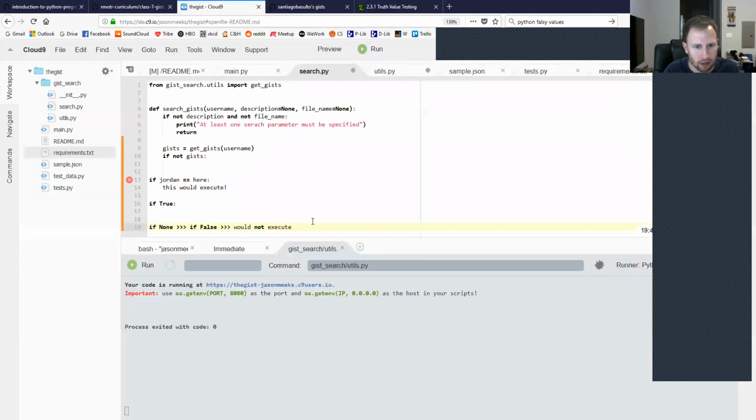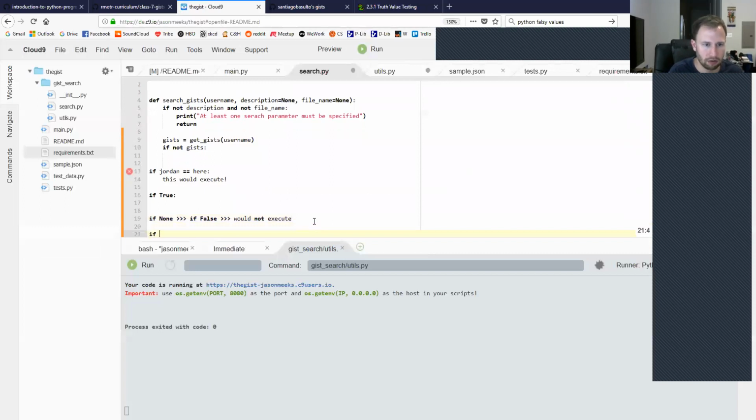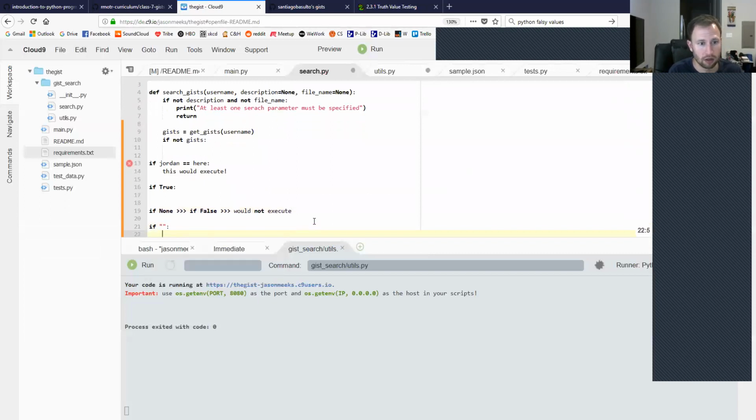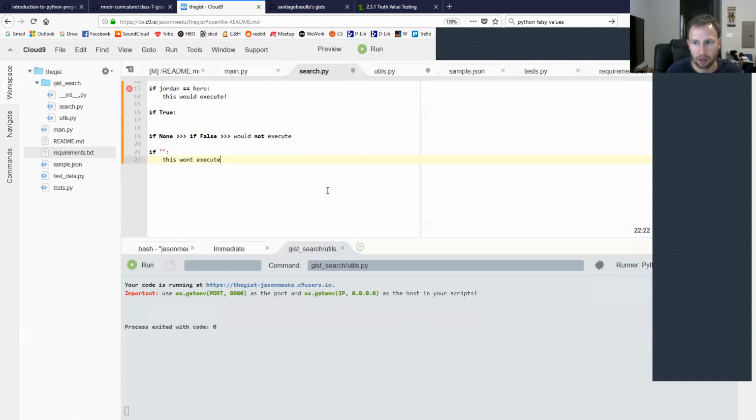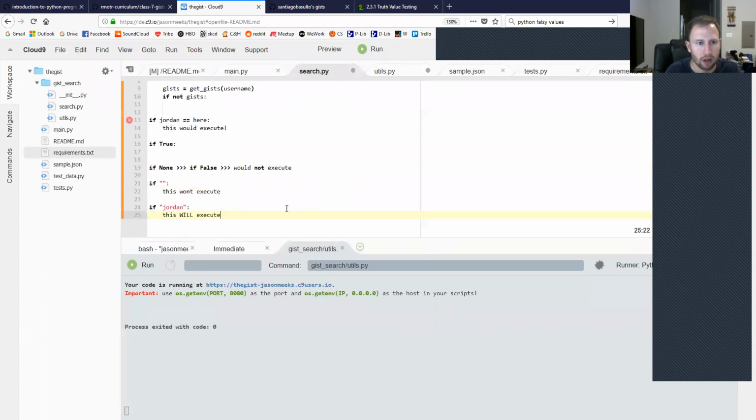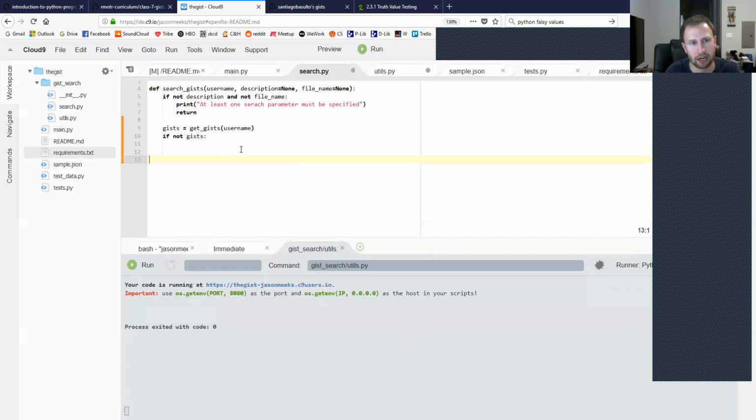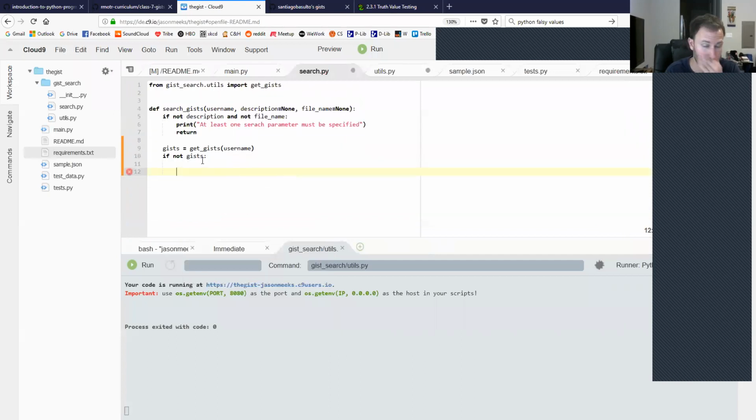All right? So if I said, if this won't execute because that'll evaluate to false, right? But if I said, if Jordan, this will execute because it's got something in the string. Everyone kind of following how these work? Python's pretty cool that it lets you do that because it lets you simplify it. So I could just say, if I'm saying if not gist, what's happening is,